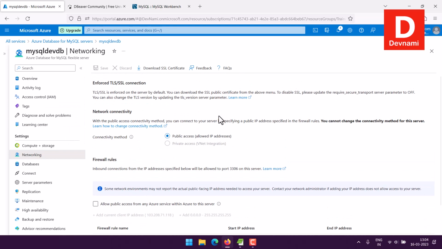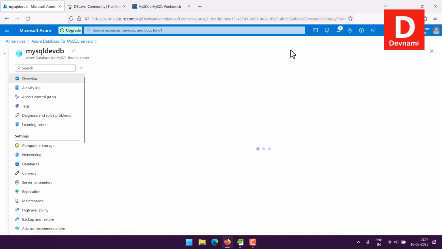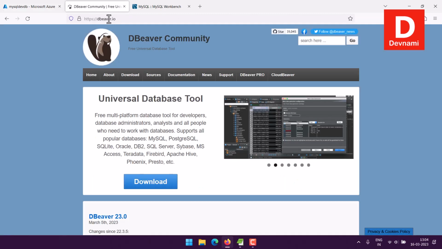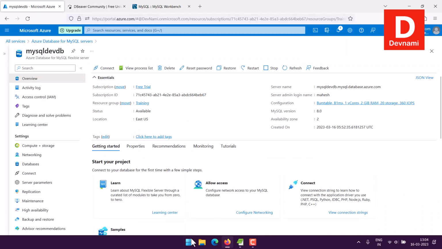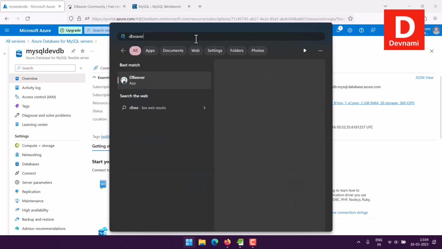That should do. Now we also have other options like enabling SSL, etc. You can do that as well. Then come to the point where we have to connect to DBeaver. So what I will do, I will search that on my desktop,